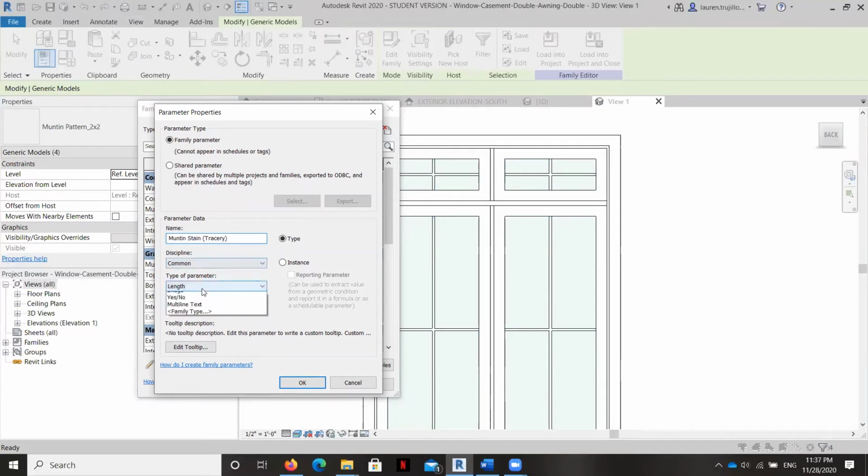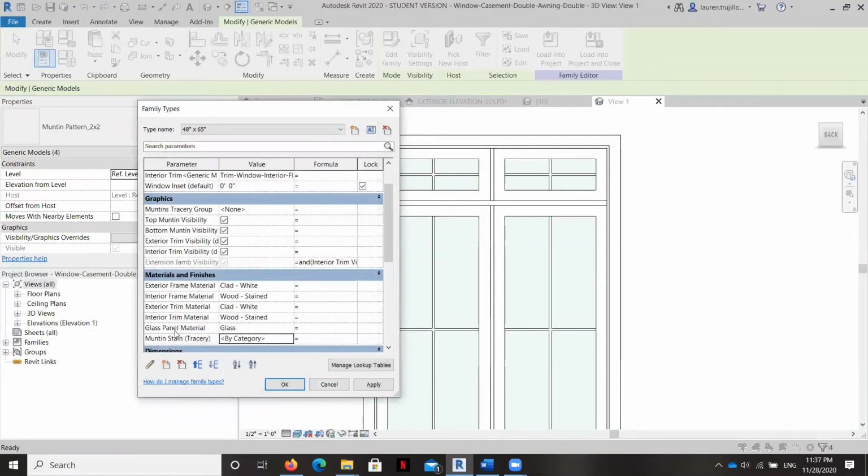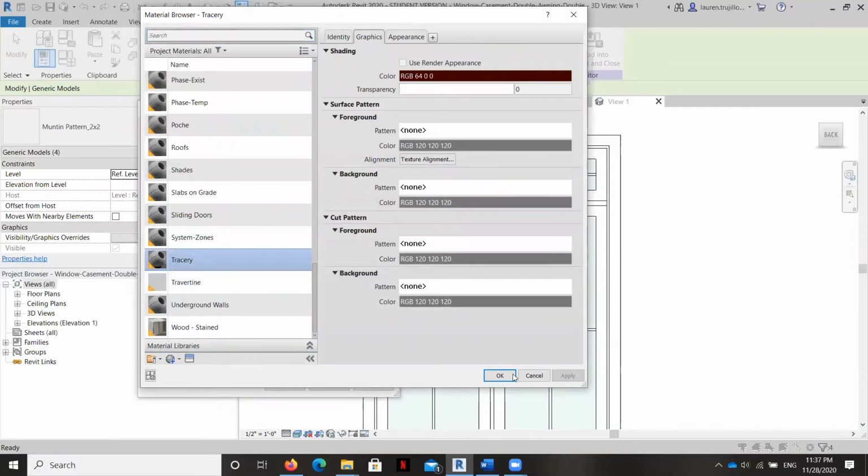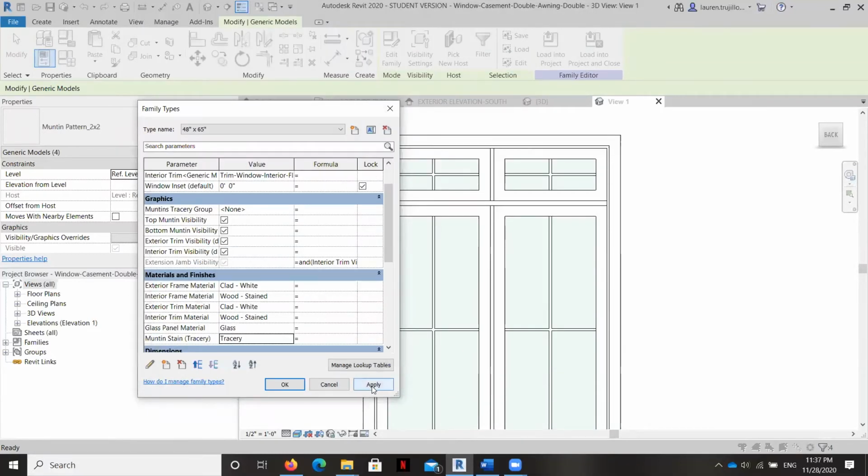Okay, I'm going to store this parameter down under the material tags, and I'm going to hit OK. All right, and you can see it's right there. Now, you can see here I can assign the finish to be tracery, and then I can hit apply and OK.